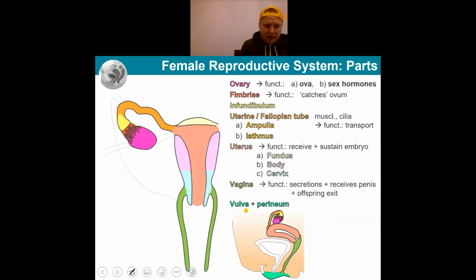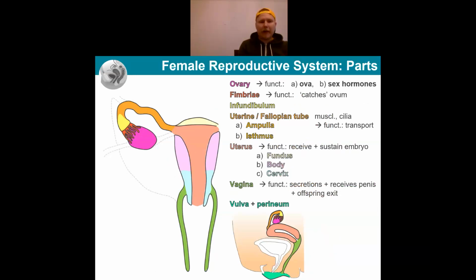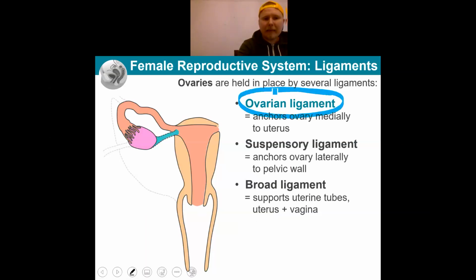Here we also see the side view schematic diagram, if you wish, which is closer to what we saw here, just flipped the other way around. But it really looks very much like what we just drew together. A couple of structures that I want to highlight are the ligaments that are involved with the female reproductive system and holding the ovaries in their place. So first of all, the ovarian ligament, that's this ligament that connects the ovary to the